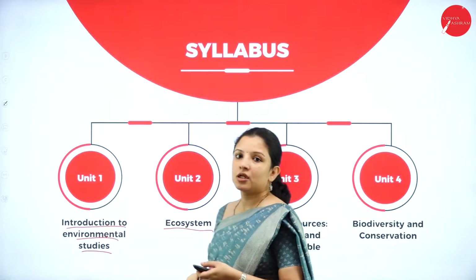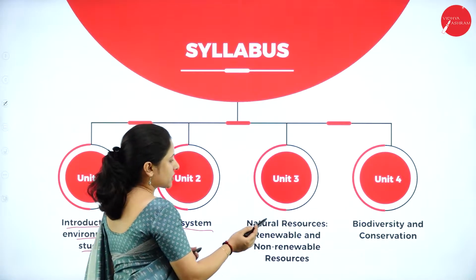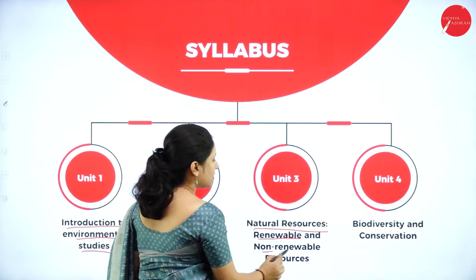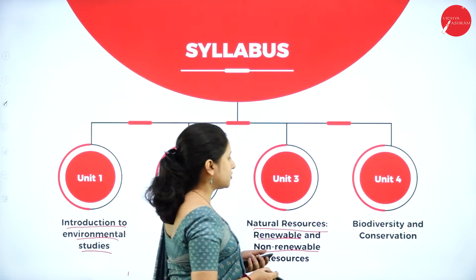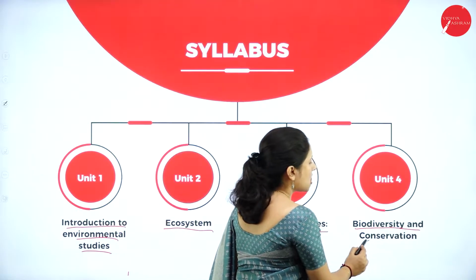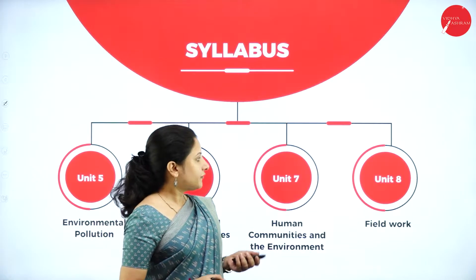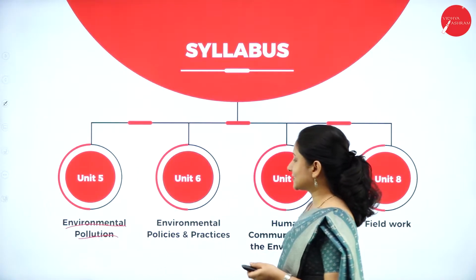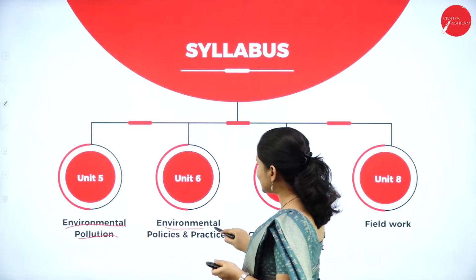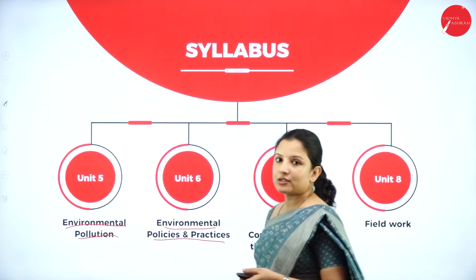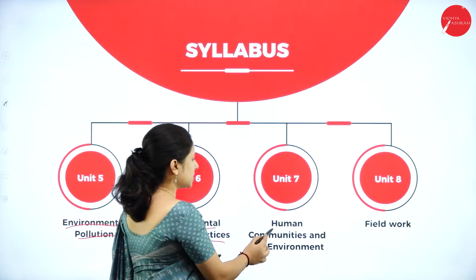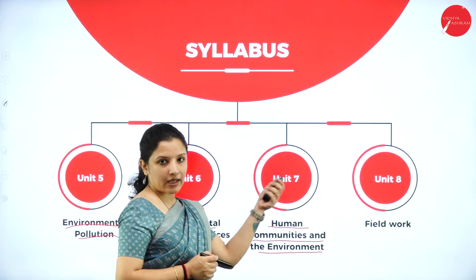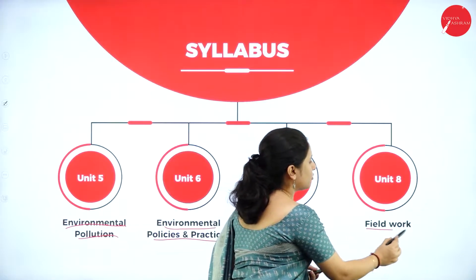the ecosystem. The unit 3 which talks about the natural resources, that is the renewable and the non-renewable resources, and the fourth unit is about biodiversity and its conservation. The fifth unit is about environmental pollution. The unit 6 is of environmental policies and practices. Unit 7 deals with human communities and the environment, and the 8th unit is completely of field work, which is